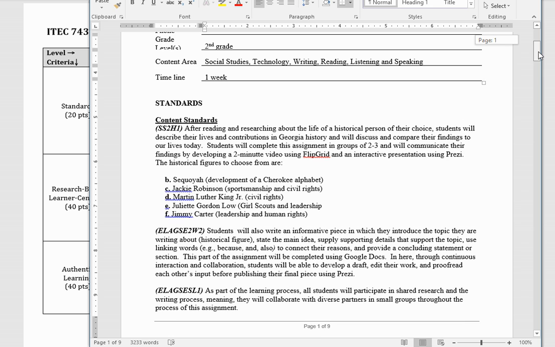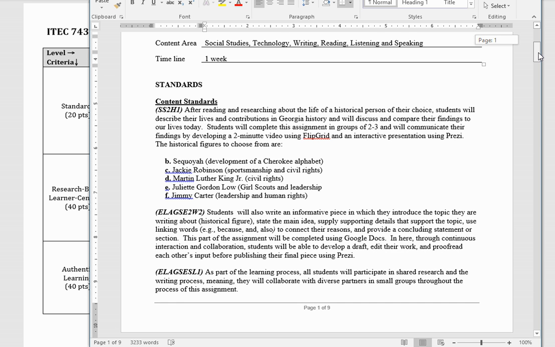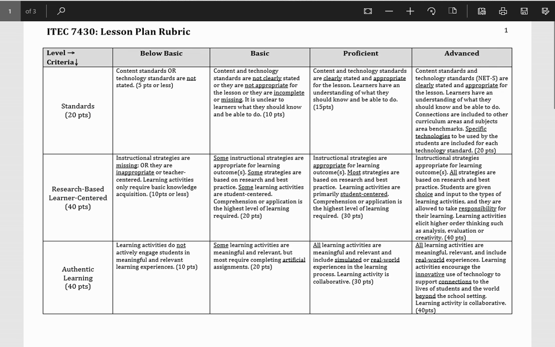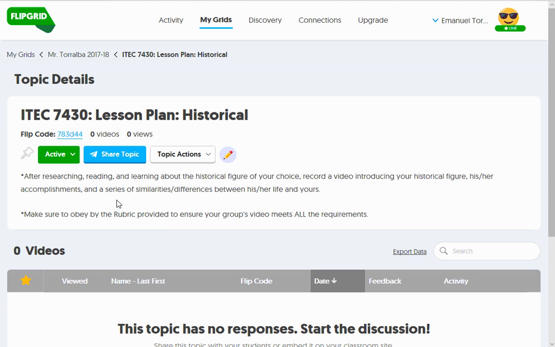Now, the first thing that I have listed here on my lesson plan is, of course, the standards. This lesson is the standards phase with an emphasis on second grade history standards. Now, what I'm asking the students to do is to basically create a Flipgrid video. So they were given a QR code for them to scan and record a short clip on a historical person